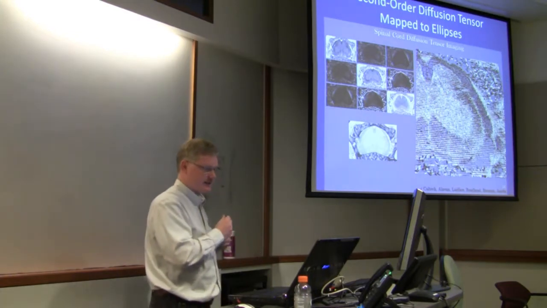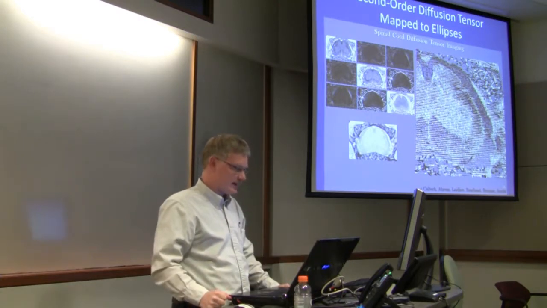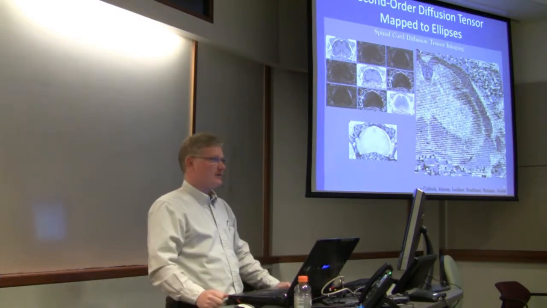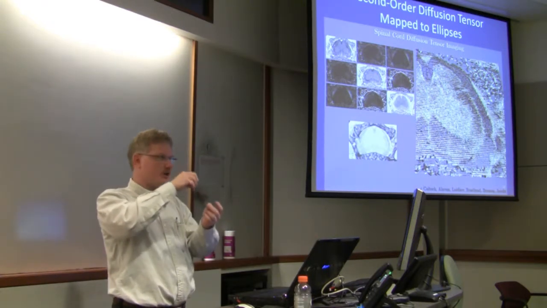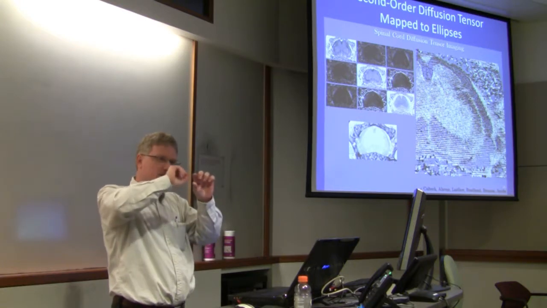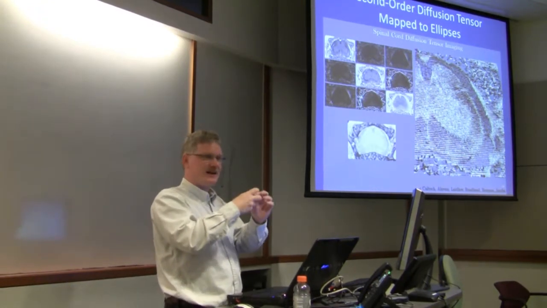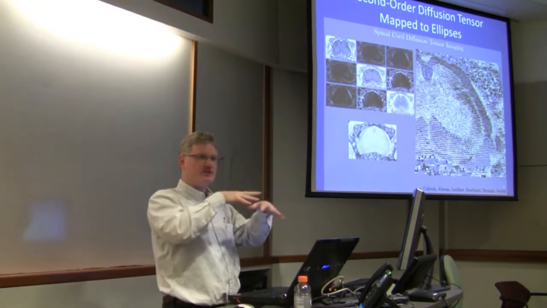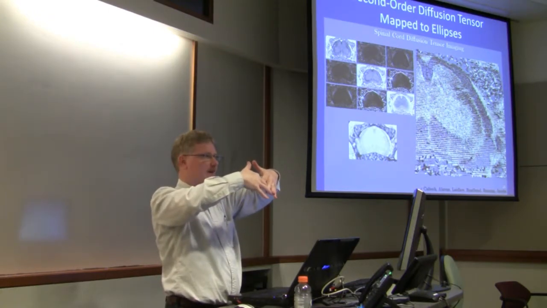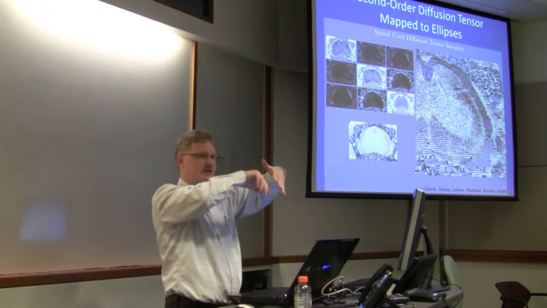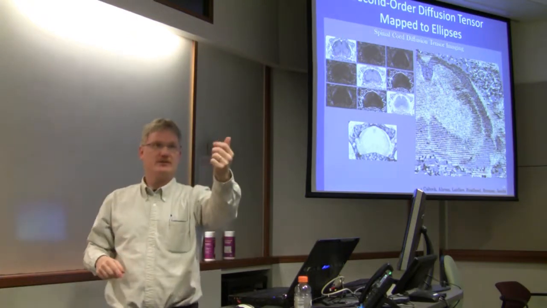All right, so this is looking at a mouse brain, spinal cord, to understand how diffusion happens inside the spinal cord. As the connecting parts of a brain go together, water can diffuse along those fibers, but not across those fibers. If you have a breakdown in the fiber structure, then you get free diffusion in space. Or if you have fibers crossing each other, you tend to get a flat area where water can move this way and that way, but it can't move out of the plane. And so this is looking at different regions of